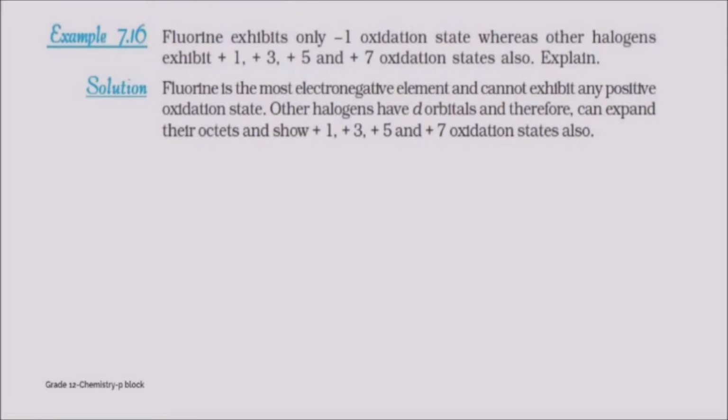Fluorine exhibits only -1 oxidation state, whereas other halogens exhibit +1, +3, +5 and +7 oxidation states. So we have to explain this. Because fluorine is the most electronegative element. As it is the most electronegative element, it cannot exhibit any positive oxidation state, because when two elements are joined